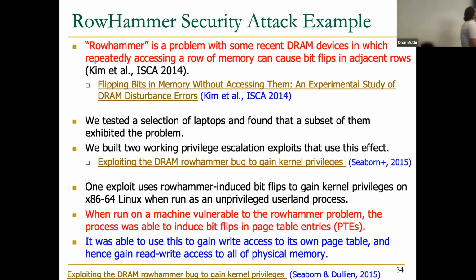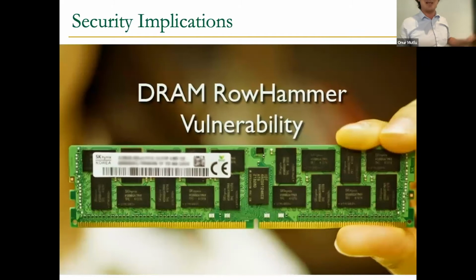The way they achieved this was they were able to hammer and induce bitflips on the page table entries that point to the page table of the program. By flipping the right bits, they would gain write access to the page table, which is essentially the protection mechanism that we have in virtual memory today. And once you gain write access to your own page table, essentially all bets are off. You can do anything to that computer. It's a beautiful paper, and I recommend people look at that Google Project Zero work.